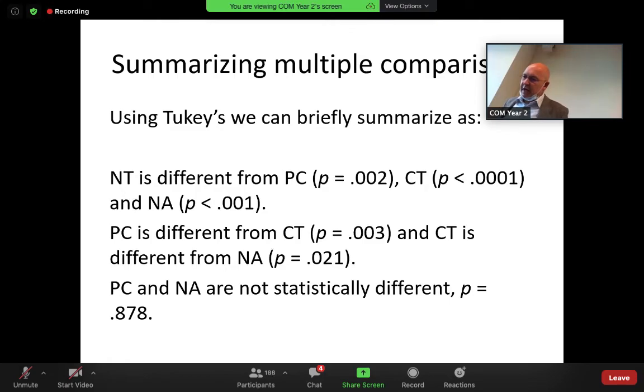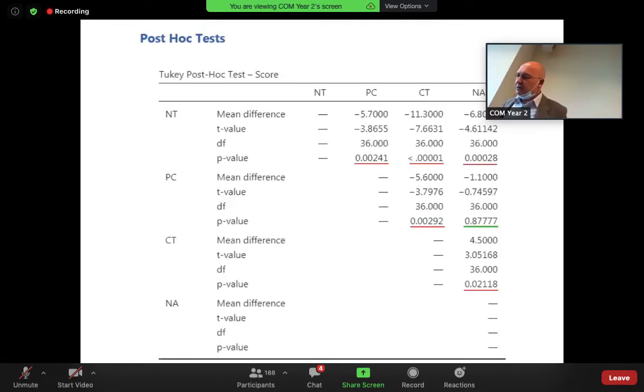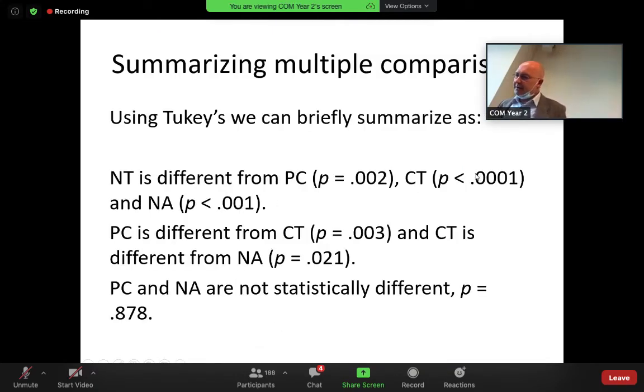Okay, so how would we summarize these comparisons? And again, this is something you're going to do today, so please look at this slide when you do your comparisons, when you do your summaries. So you just use these p-values, okay? So what we're doing here is comparing the no treatment with placebo control, conventional therapy, and new age therapy. And if you see these 0.002, less than 0.001, and 0.028, these are where these numbers come from. I've worked to 3 decimal places, except for this one where it was very significant, 4 decimal places. Usually 3 decimal places is good enough.